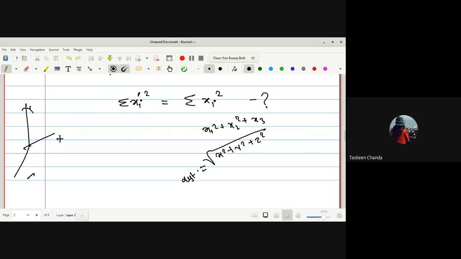Okay, ma'am. It will be equal, no doubt. So here we have the position vector r originally, and after transformation, say this is x dash, y dash, and z dash. So the same vector, will it have the same distance from the origin in both coordinate systems? Yes, ma'am. Because this position vector of a particle we have to find out from the origin.